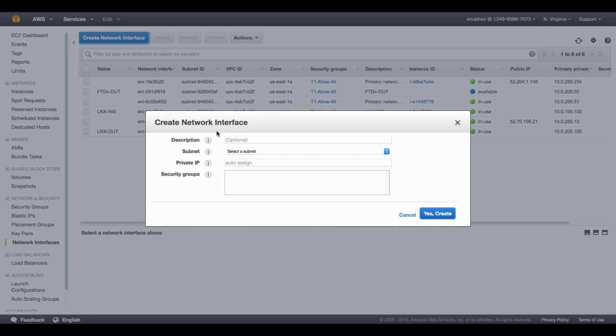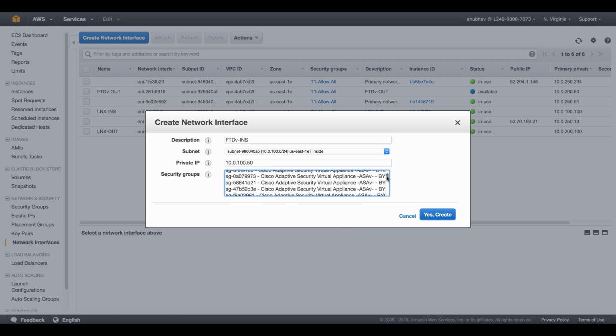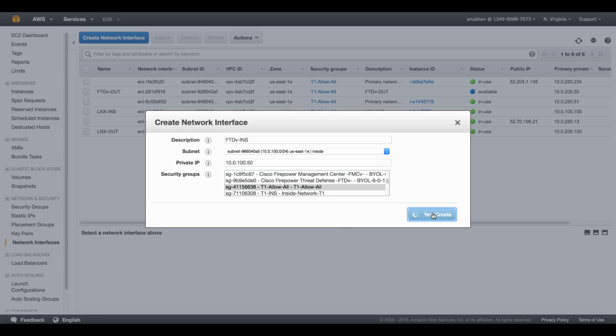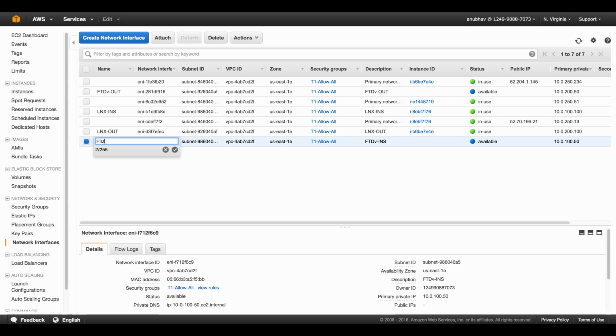I will create another interface, FTDv ins for inside. I will select inside from here. Instead of auto assign, I will use 10.0.100.50. I'll use the same profile here, and let me go to this interface right here, FTDv ins,